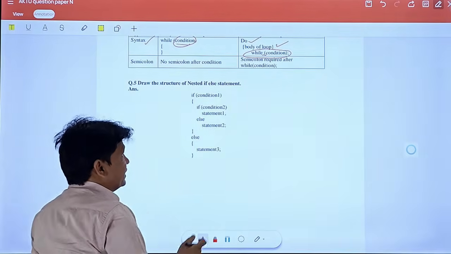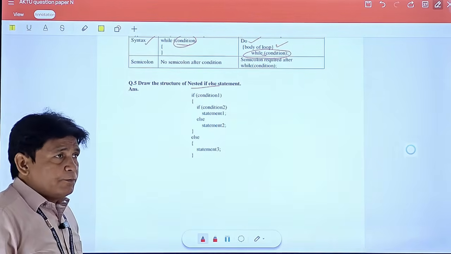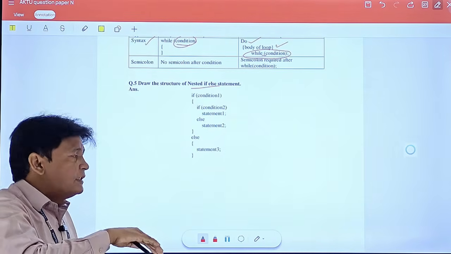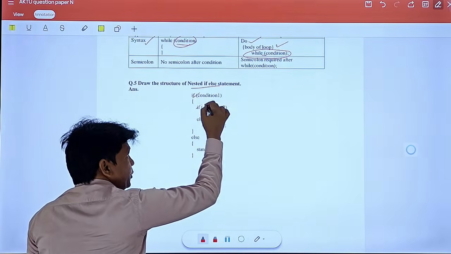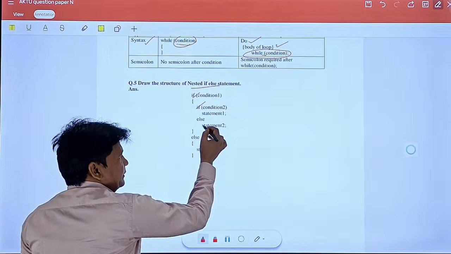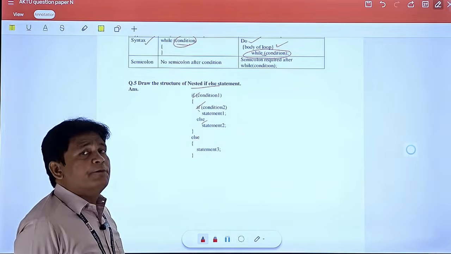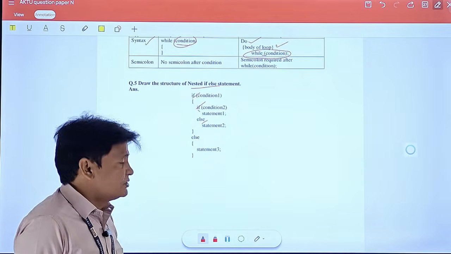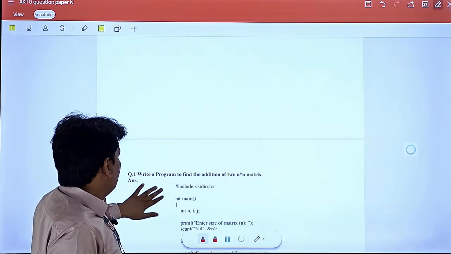So here, nested if means an if within an if. There are so many ifs within the if, which is called nested if, and if there are so many ifs, their corresponding else will be there. So there are two ifs and two elses. This one if is within the if, that is the nested if else. Now I am going to explain